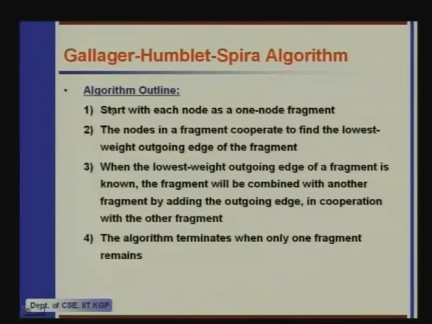So, remember that in this algorithm we start with each node as a one node fragment, where the meaning of a fragment is a subtree of the minimum spanning tree. So, initially every node is a single node fragment, and the nodes in a fragment at any point in the algorithm cooperate to find the lowest weight outgoing edge of the fragment. And once the lowest weight outgoing edge is found, the fragment which is at a lower level combines with a fragment at a higher level, or two fragments at the same level combine to form a fragment of the higher